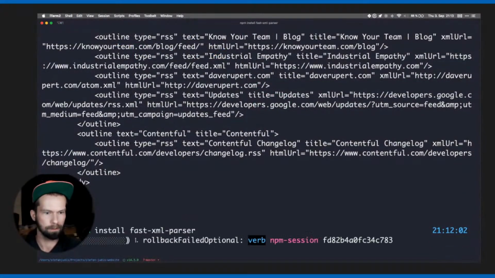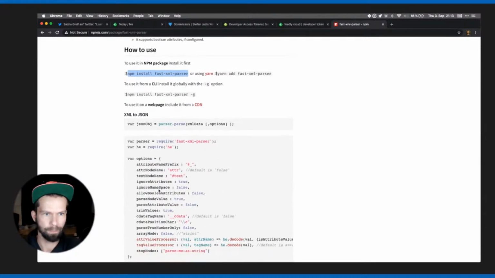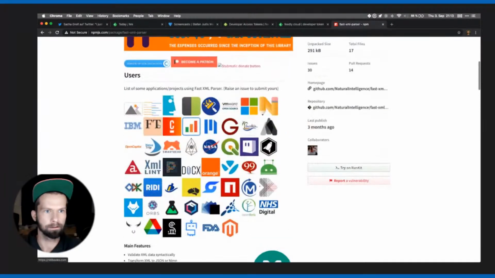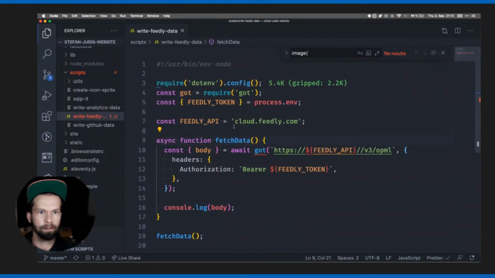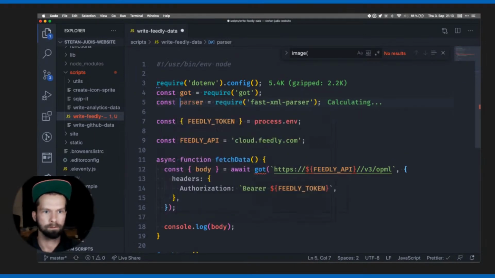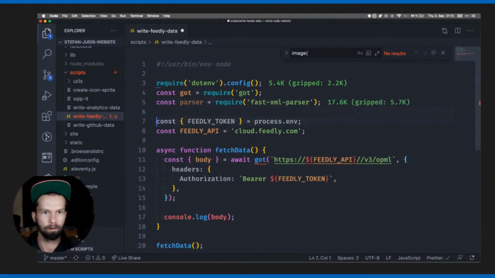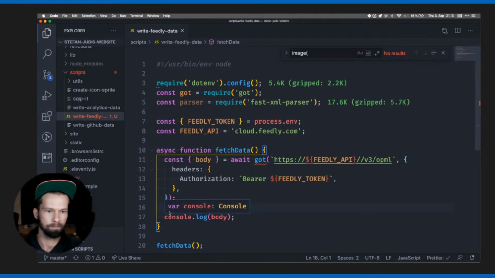So let's install that one. And how do we use that? XML to JSON. So this looks good already. All right, so we grab the parser. Okay, let's have a look here. Here we go. Let's bring in the parser. Const. Yeah. And now we do... Is that XML data to JSON? Okay, so let's do